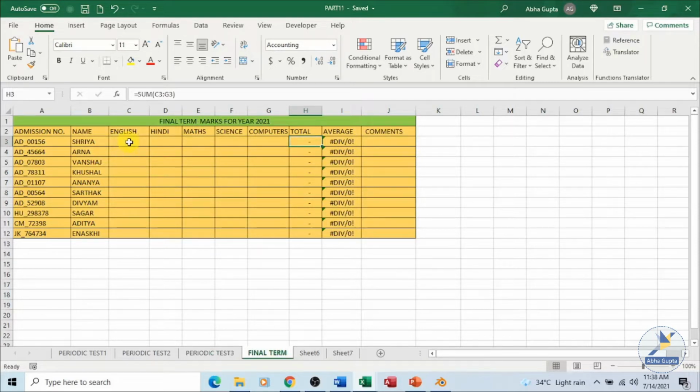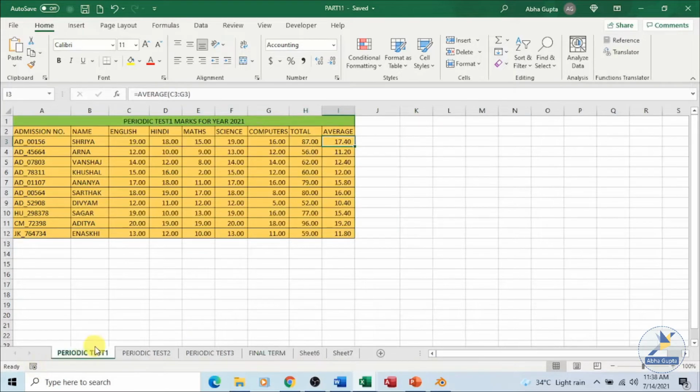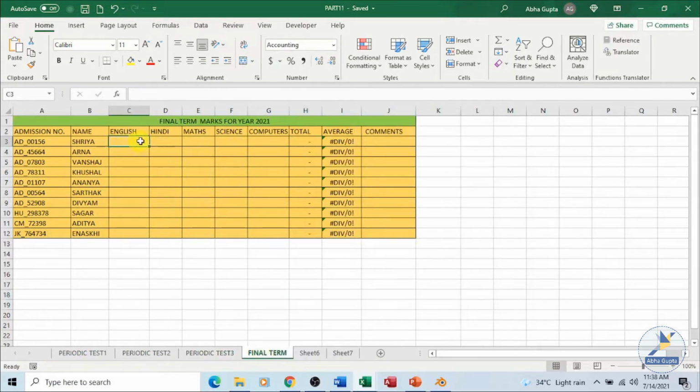Now this feature is available in Excel, where we can refer to the data which is present on different worksheets or workbooks, and then we can get the final calculation. Now taking the same example, we'll do this calculation. So we have the English marks here, we have the English marks in test 2, test 3, and we want to calculate it over here.